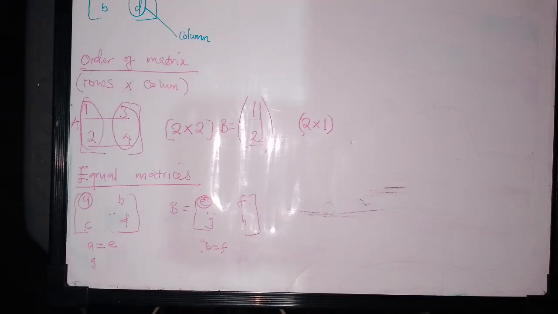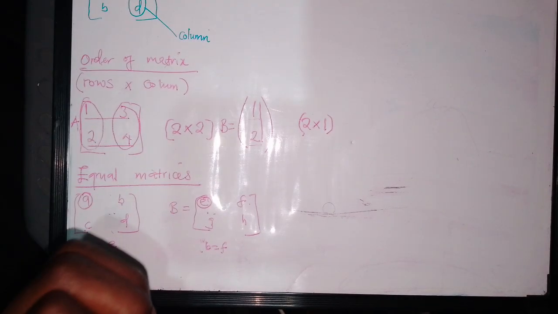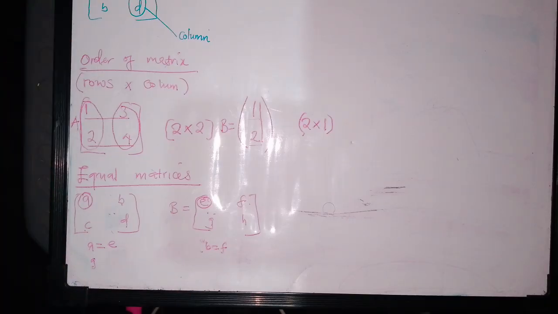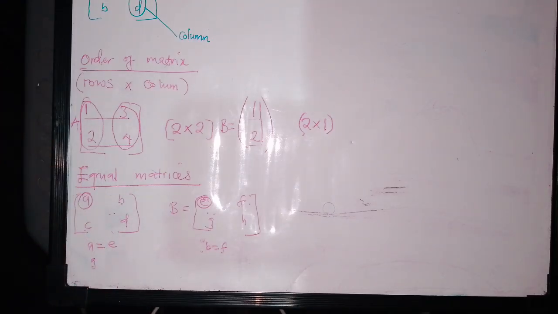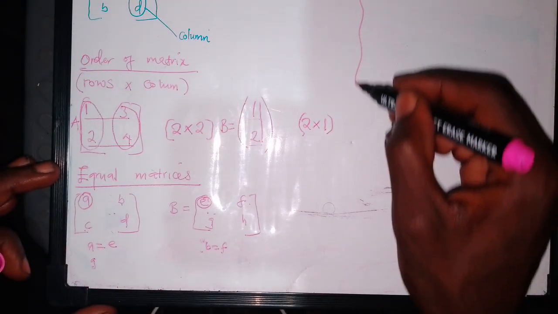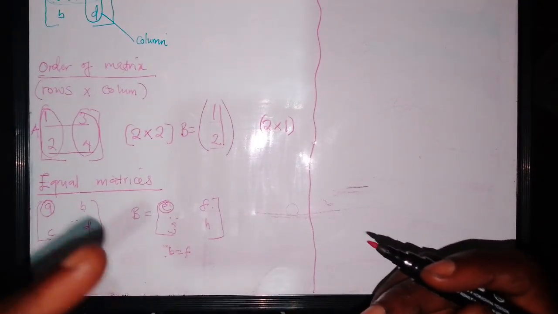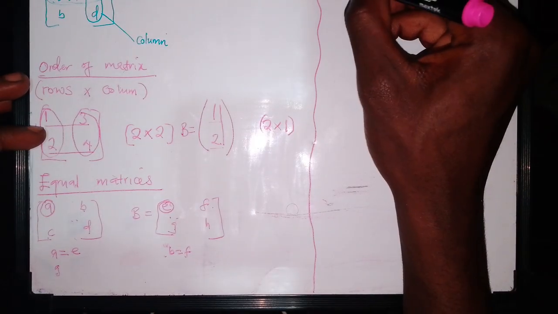This is the meaning of equal matrices: each position of matrix A is equal to the same position in matrix B. After understanding the order of a matrix, we have also looked at equal matrices. We are going to look at one example where we apply the principle of equal matrices to solve the equation. So the question is,